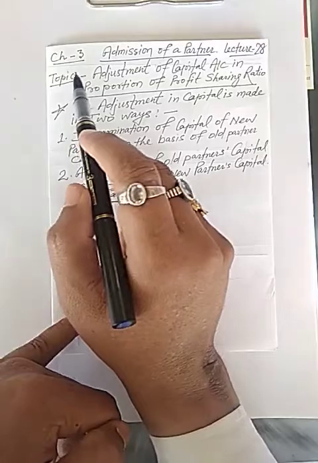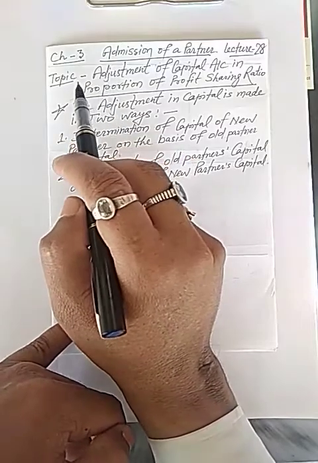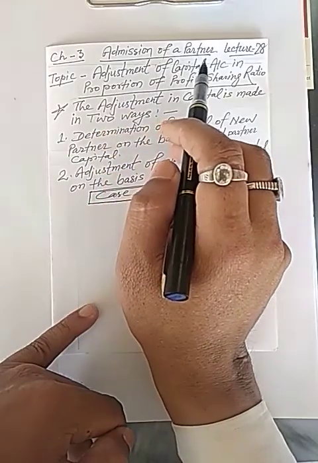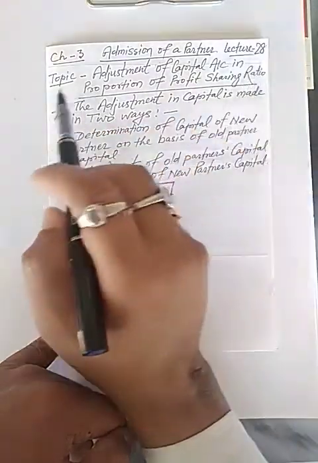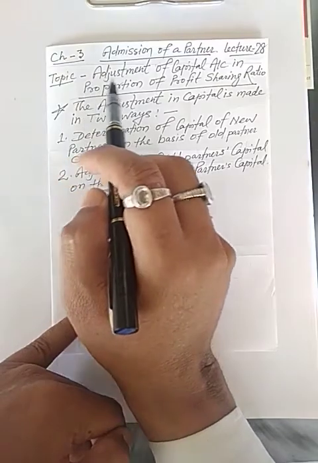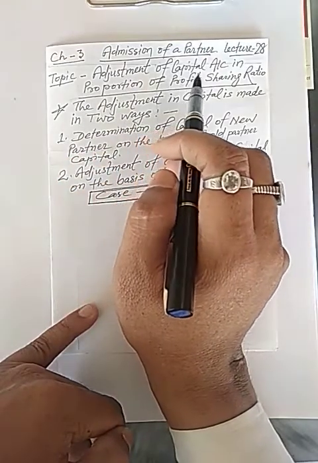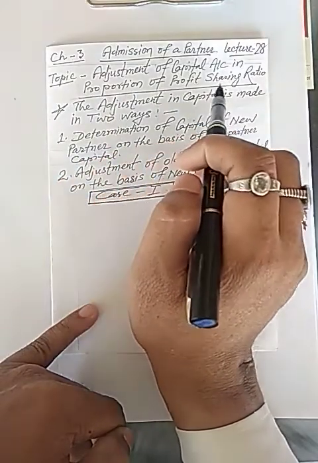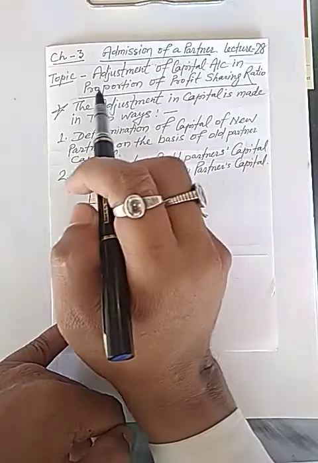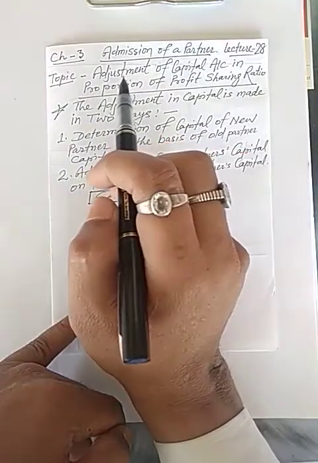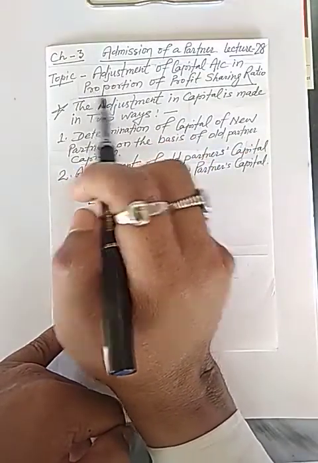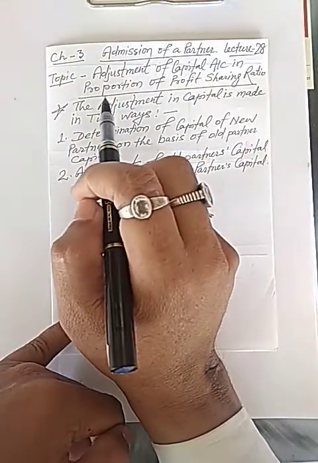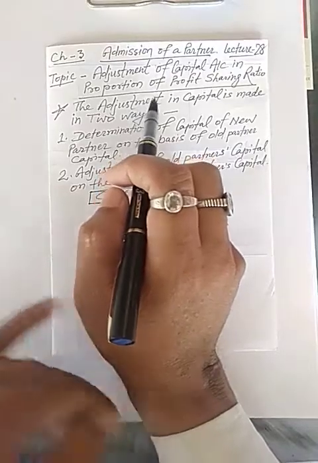Today I am going to teach chapter 3, admission of a partner, lecture number 28. Topic is adjustment of capital account in proportion of profit sharing ratio. In short, we can say adjustment of capital. This is the last topic of this chapter, and